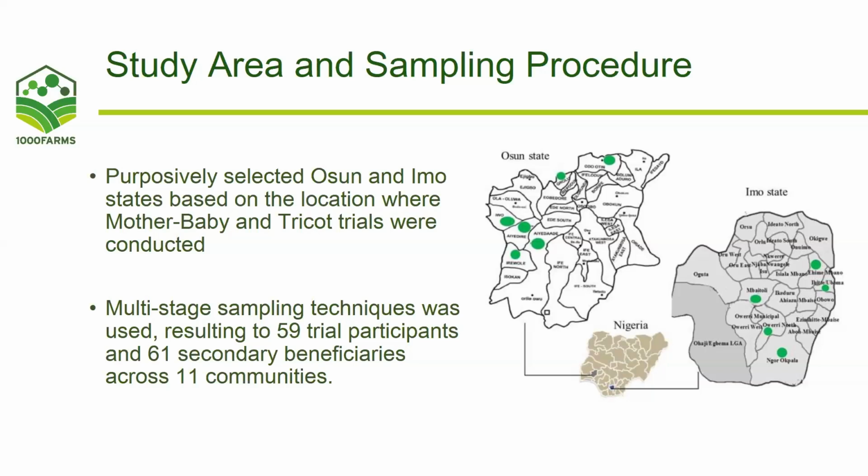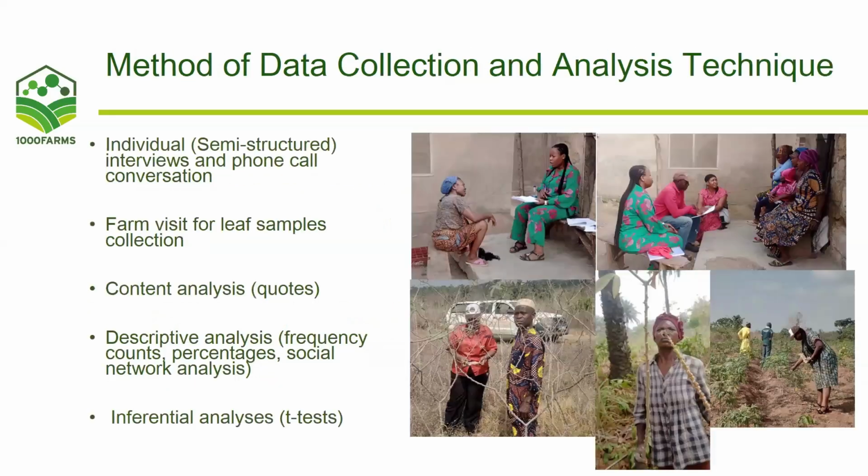And so the first stage was to visit these trial participants to see what is going on. Then we were able to select the secondary beneficiaries, which were those that have also gotten access to these cassava varieties. Data collection was through individual interviews and also phone conversations for those secondary beneficiaries that were not around during these visitations, and those that are outside the communities and outside the state, due to the time